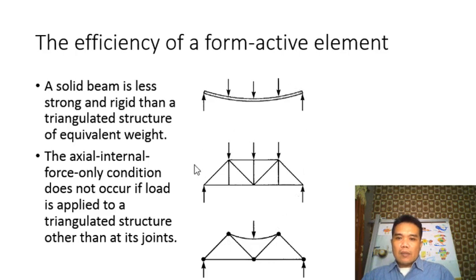From these three drawings, we may find that the solid beam is less strong and rigid than a triangulated structure